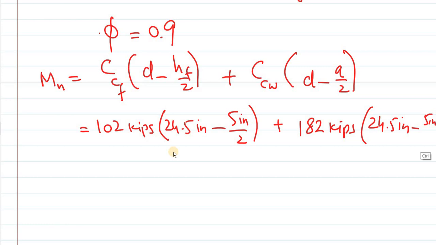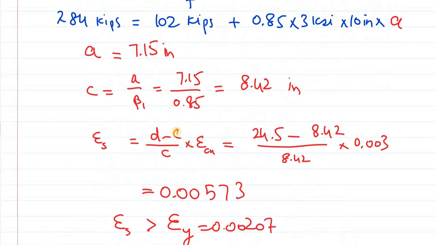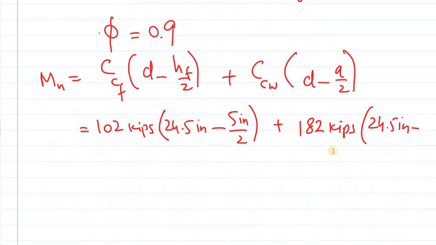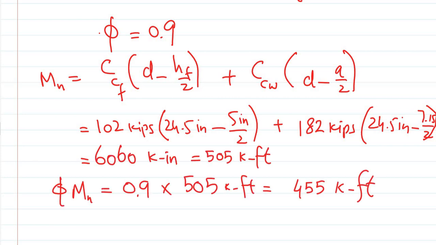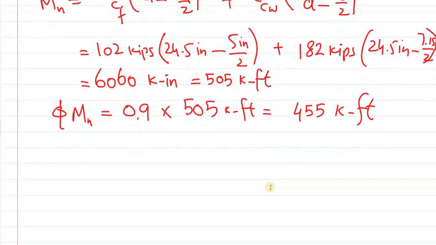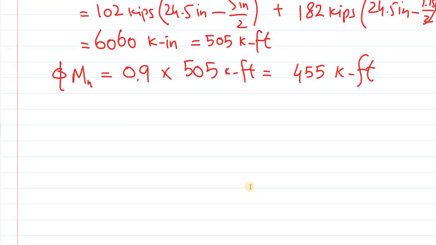Sorry, this is not 5 inch. The A value we had calculated was 7.15, so minus 7.15 divided by 2. So you get the value for Mn. After you calculate Mn, you can calculate your phi Mn. So lastly, you need to check again that